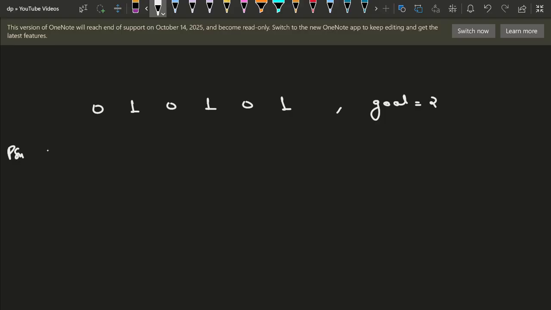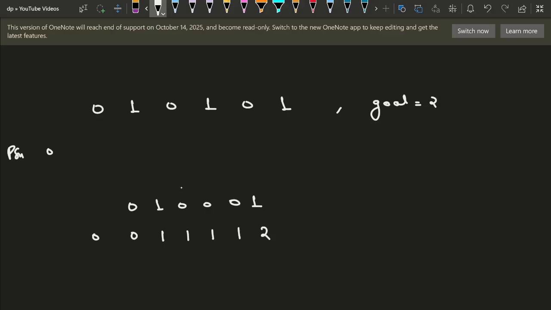prefix sum is 0, and since we want the count of elements, and I think we have discussed this earlier also, that there can be multiple instances where your prefix sum can be the same. So for example, let's say I have this array 0 1 0 0 0, so prefix sum at this position is 0, and prefix sum at this position is also 0. Prefix sum here is 1, here is 1, here is 1, here is also 1, and then prefix sum here